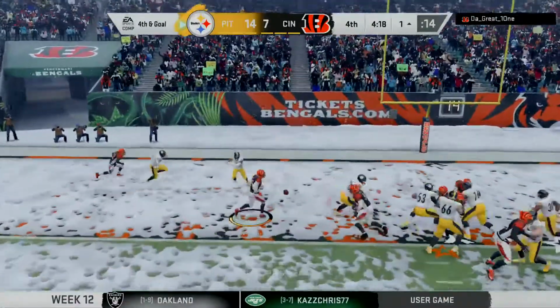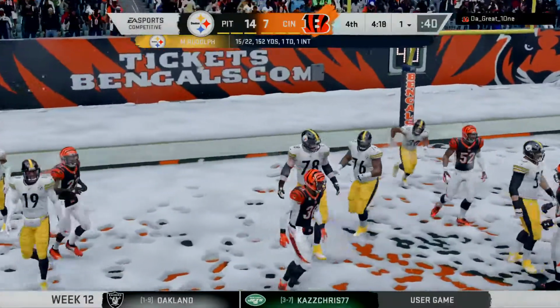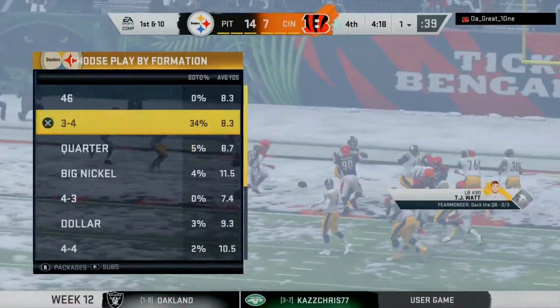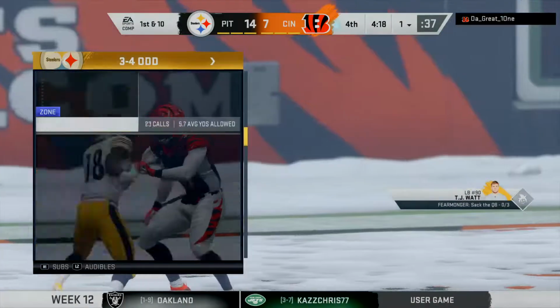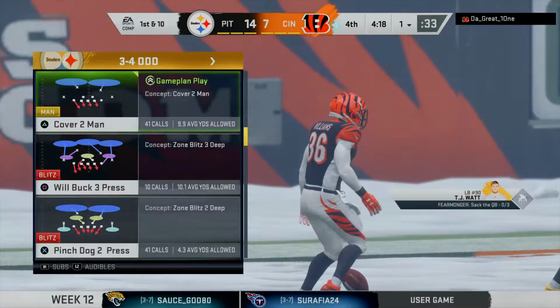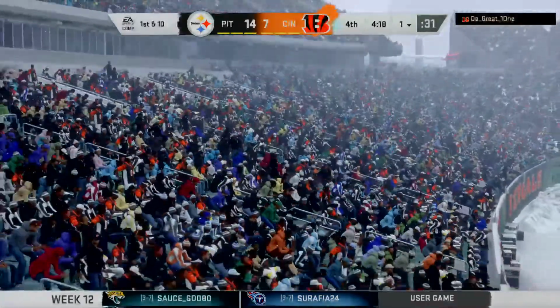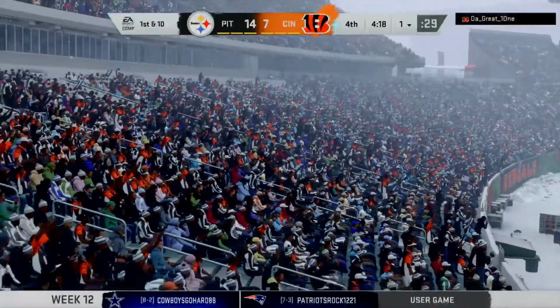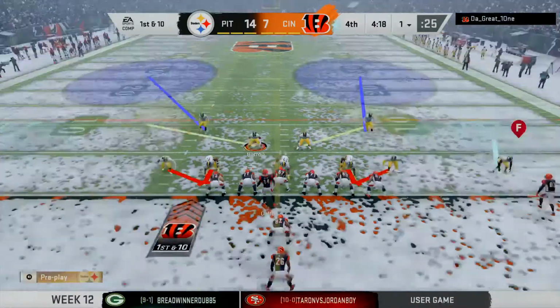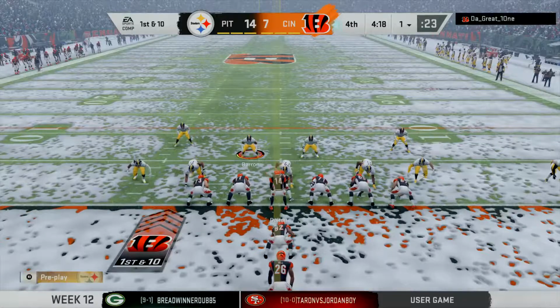Now a fake on the give here as they try to run pass option. Sean Williams there defensively to break that one up. Boy, you talk about not playing it safe. Why were they going for it there, Charles? It's got to be a full evaluation of their team. Do they trust their defense in this situation? Maybe they think they've given all they can in this game and they don't have anything left. Do they not trust that the other team's quarterback is just so hot that no matter where they get the